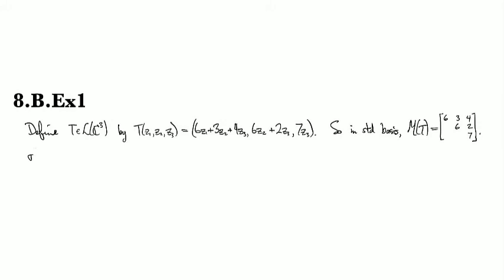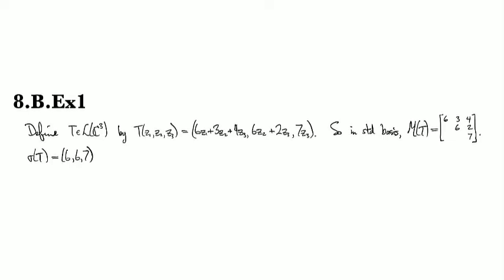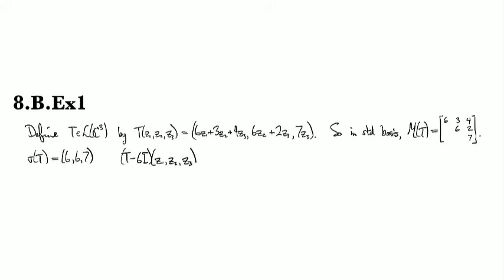So the spectrum of this operator, we can tell by looking at the triangular form of it, is 6, 6, 7. And if we look at T minus 6I applied to z1, z2, z3, that's equal to